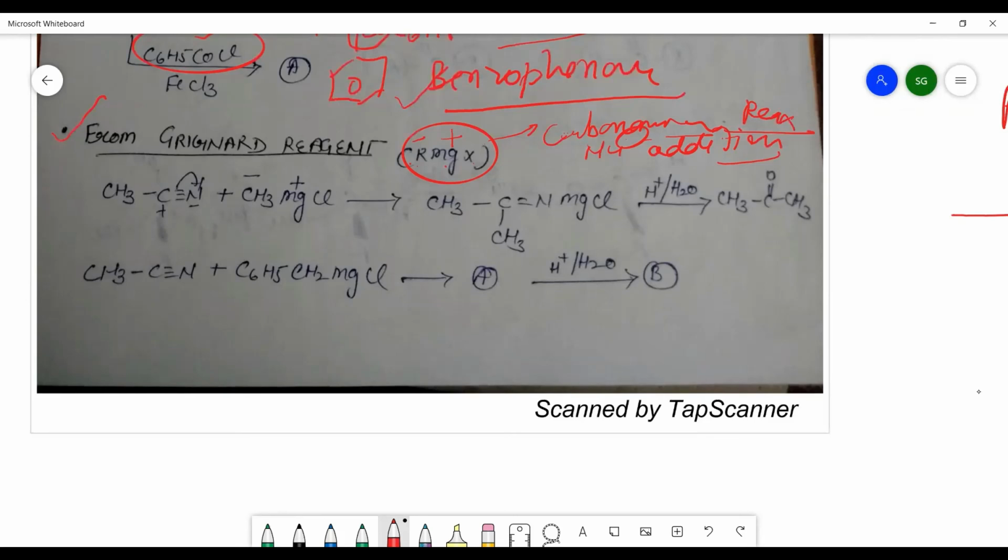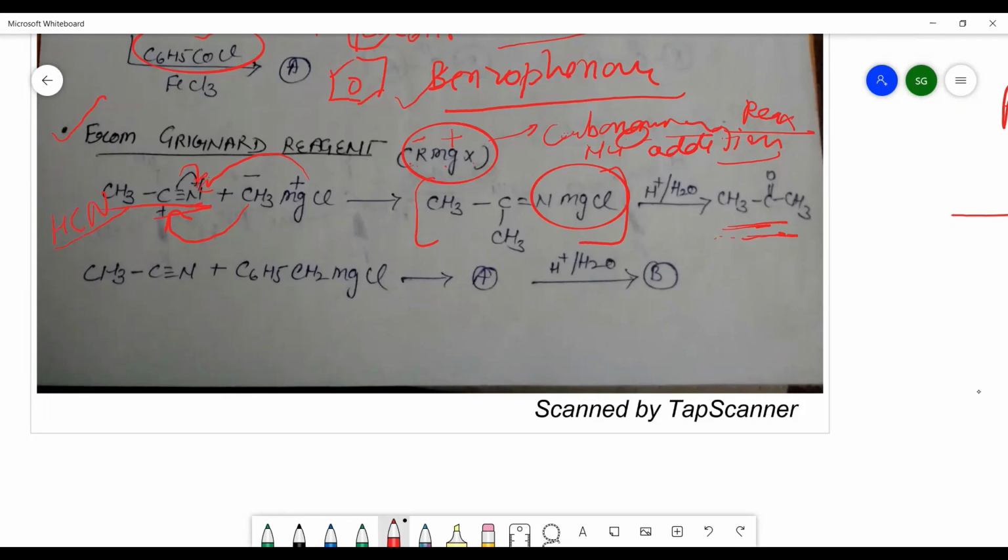Nucleophilic addition reaction. Now in the cyanide, the nitrogen is more electronegative in nature, so pi electron will be shifted towards the nitrogen and CH3 will attack on carbon atom. So you will see this negatively charged reacts with the positive charge and positive charge will be attacked by the alkyl group. So we will get this kind of the intermediate formation, which on hydrolysis this group will be totally eliminated and we will get the corresponding aldehyde or ketone. So here we are taking this CH3C triple bond N, we are getting this compound. अगर हम HCN molecule लेंगे तो we will get the aldehydic group. Otherwise we will get the ketone as a major product.